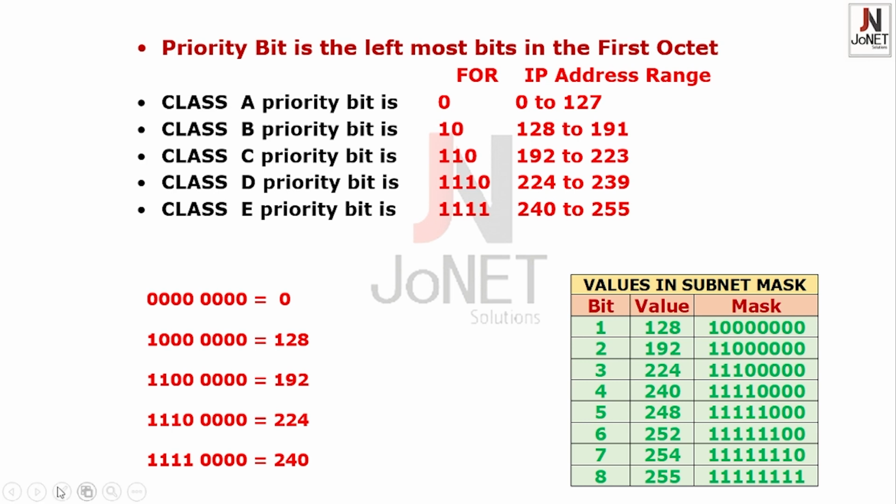In the first octet, if the first 2 bits are 11, then we have to add them. The first bit value is 128, the second bit value is 64, totally 192. Like that, we have taken the 4 octets. In the first octet, if the first 3 bits are 1, then it belongs to the 224 class D range. Like that, we use the first bit, first octet rule to identify which class the IP addresses belong to.